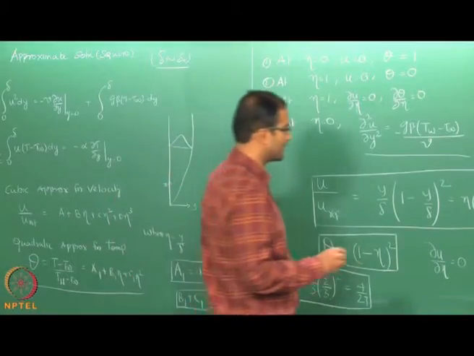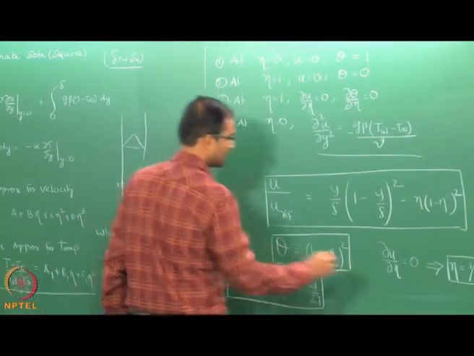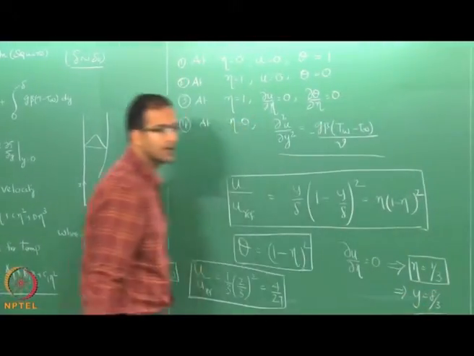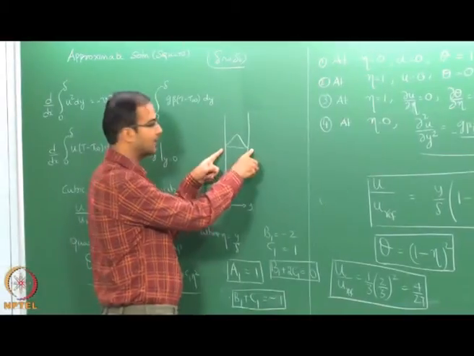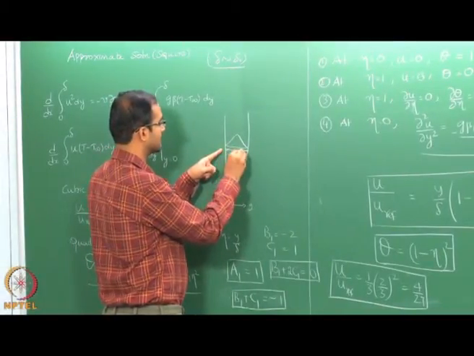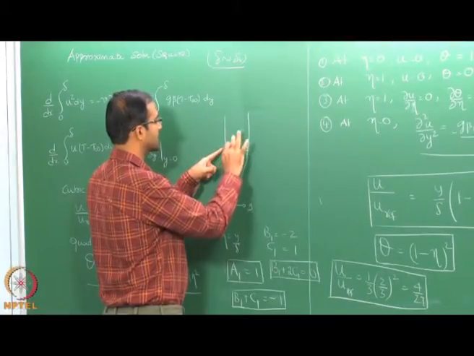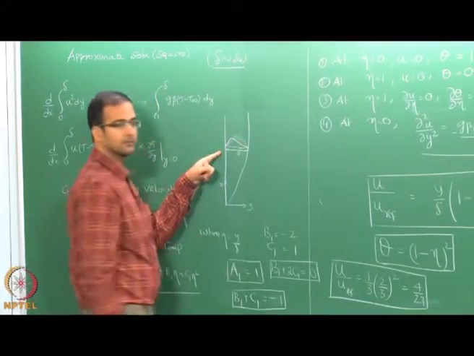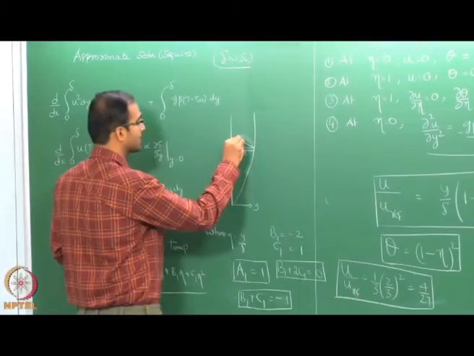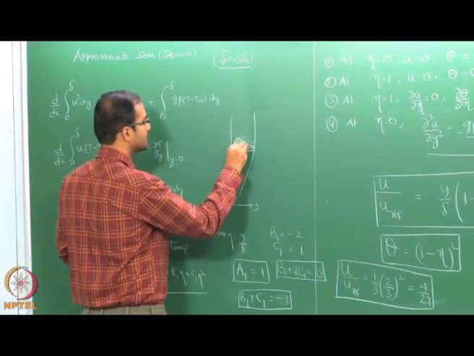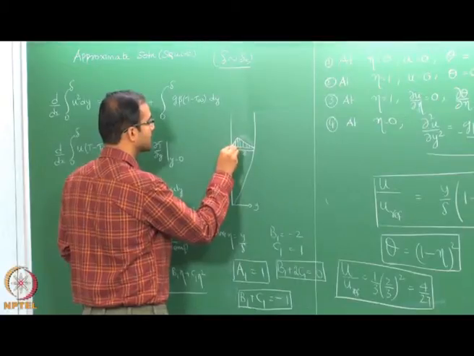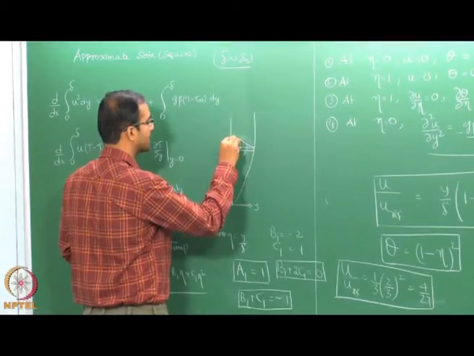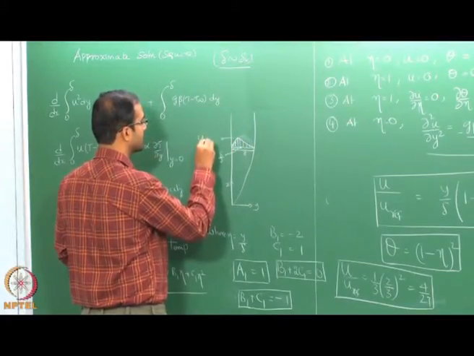So, what is the corresponding value of y? So, y therefore is delta by 3, correct. If this is your boundary layer thickness delta, it is 1/3 of this. We are actually not drawing this correctly here. If you take 1/3, it will be somewhere like this, so this is where it is peaking. This location here is your delta by 3, and this is where the maxima exist. This is where u max is.